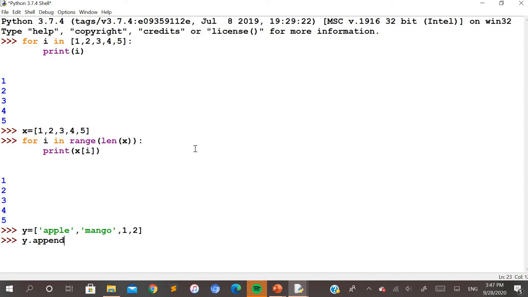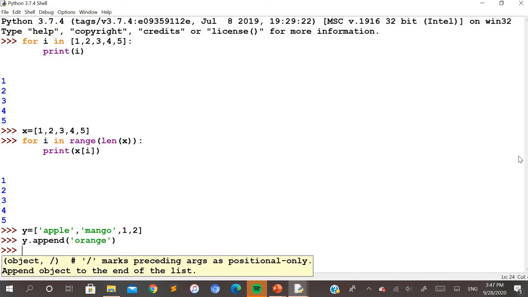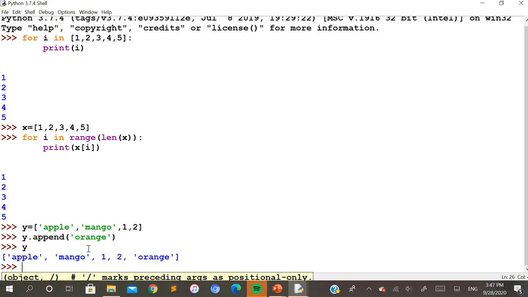The syntax for using the append method is the list variable dot append, and the parameter is the element that you want to add. You can see I have added one more element, orange, to this list. Let me display this list.